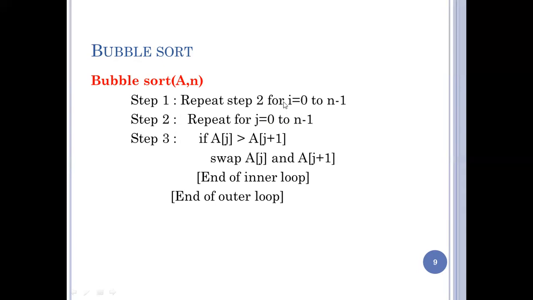And as I told you, it should not go till n minus 1. Since in the first iteration, we know the last element is moved to the corner. And in the second iteration, the last two elements are in position. So you can modify this n minus 1 as n minus 1 minus i. Okay, since the outer for loop was for the number of iterations, I'll repeat this.